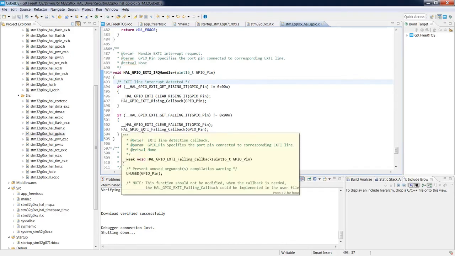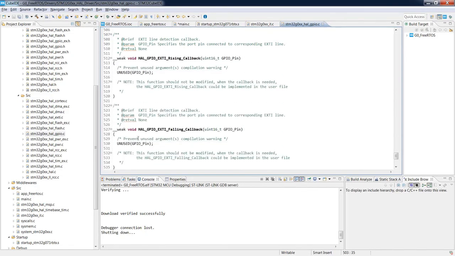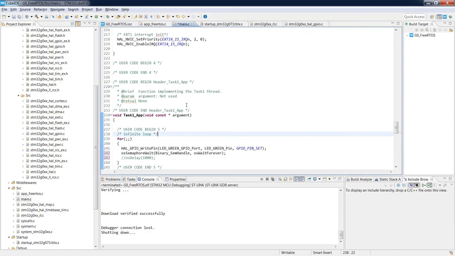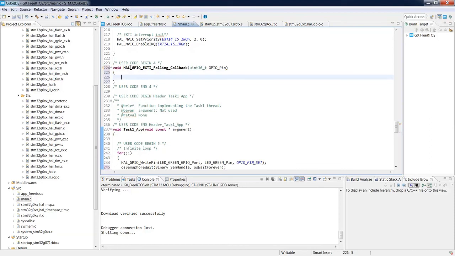As we are working with this external interrupt on falling edge, this would be the callback which should be used by us. It is defined as an empty function with the weak attribute, so we can redefine it within our piece of code. I would copy paste it, and within the main.c file, in the user code begin and user code end, I would use this callback.